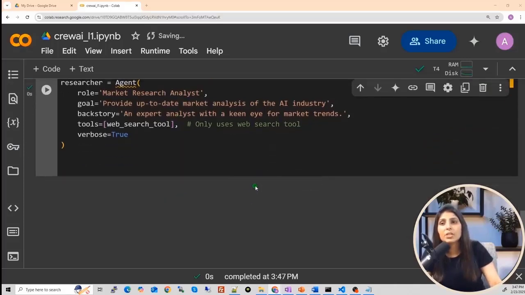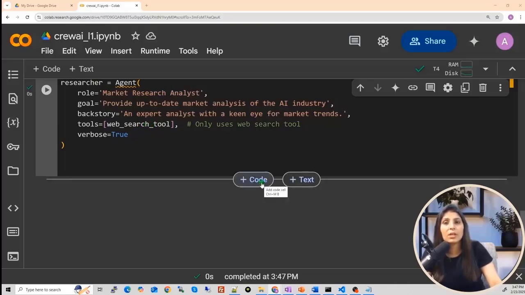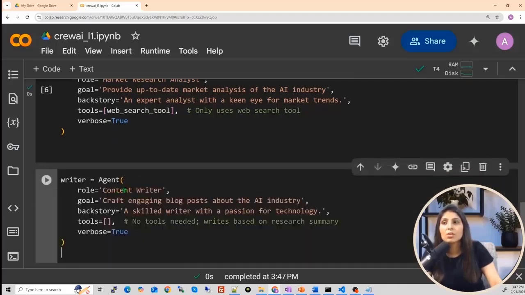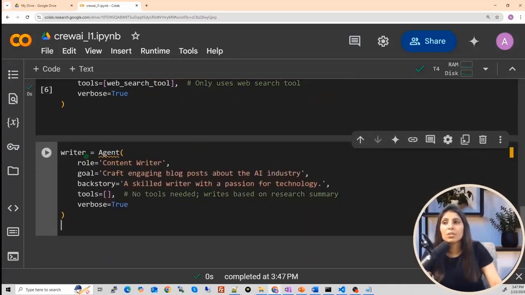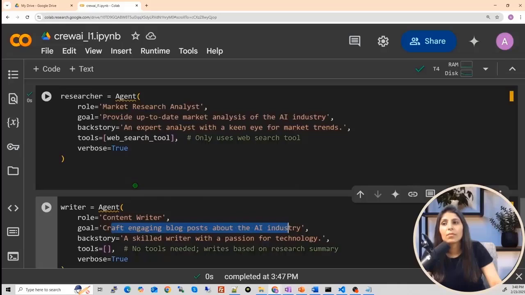Now we need another agent which will use the news it fetched from the internet to generate the response. For that we have this writer tool. We are calling the agent again. The role is content writer, which means you will write the content, and the goal is to craft a blog post about the AI industry.